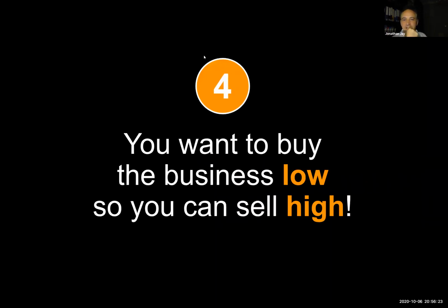David Hegarty says, is it best to build relationships with finance brokers via LinkedIn before trying to get finance started? Yeah, to a certain extent. I mean, they don't really care. They just want to sell finance and get a fee. So they don't really care about relationships apart from, I'm